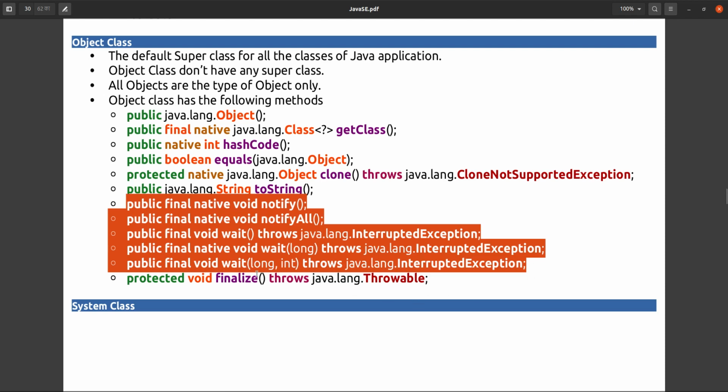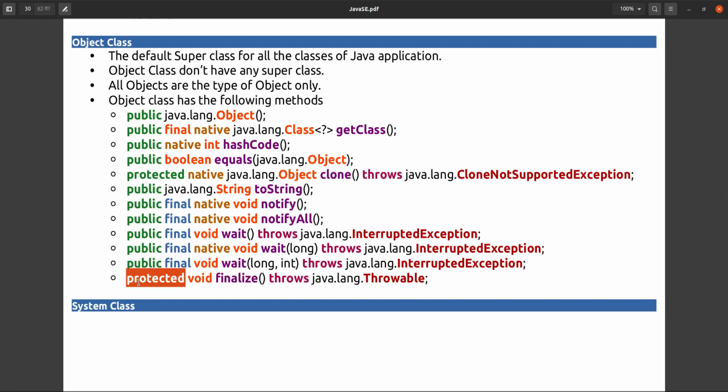The finalize method is also a protected method, which can be accessed within the subclass or within the same package only. What exactly is this used for?